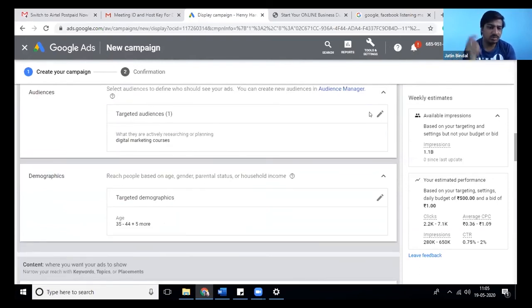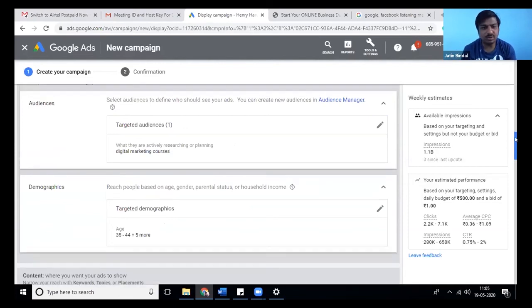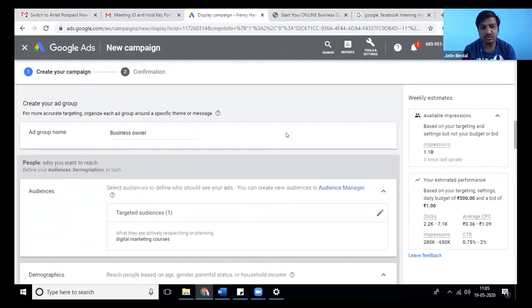Okay. We don't get business owners as such. So this targeting method, which we thought that we will find out business owners, was the wrong assumption because there is no such audience that exists. Okay. And you have to find some other way of doing it.